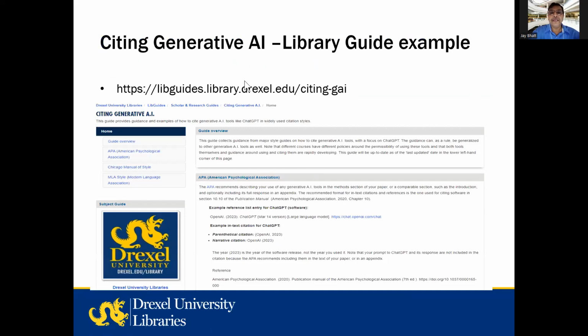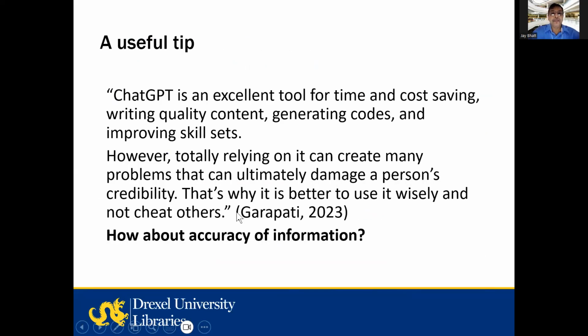And so we created a library guide in our university. Currently we have how to cite ChatGPT using APA, Chicago, and MLA style. We tried to investigate and integrate IEEE style, but I have not found it on the IEEE website. I have also questioned IEEE staff to see what their thoughts are on how to provide citations, and we'll continue to update this page as well.